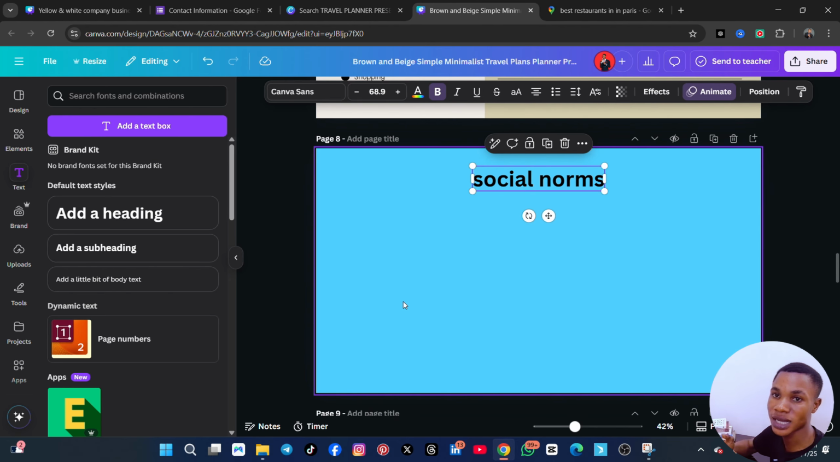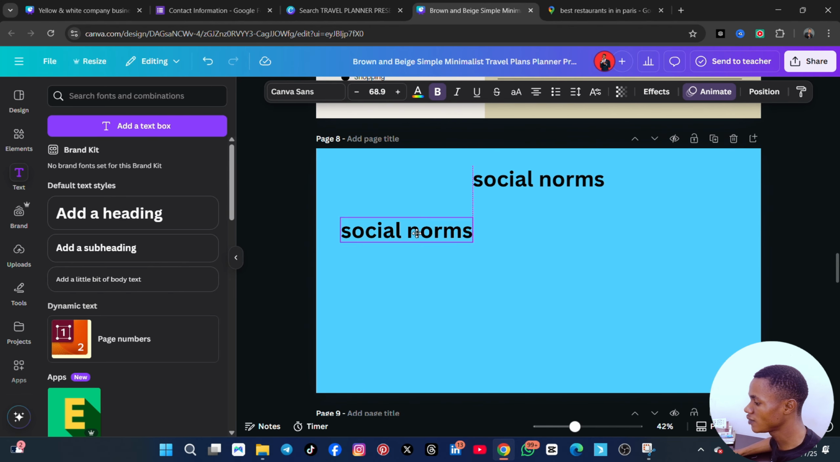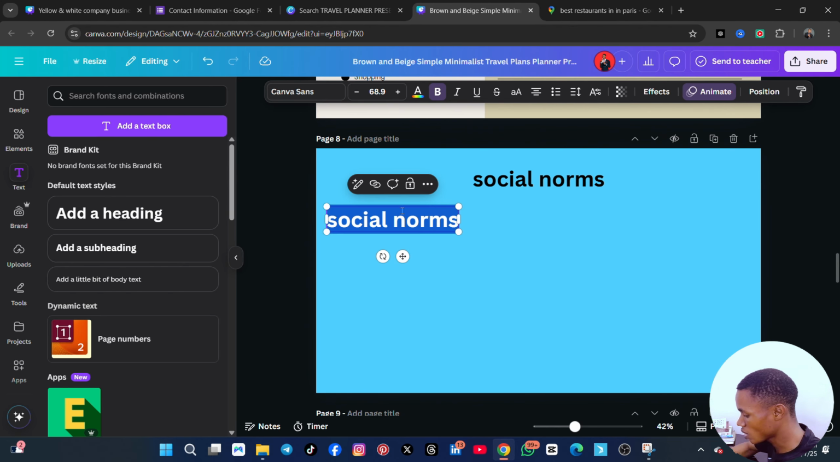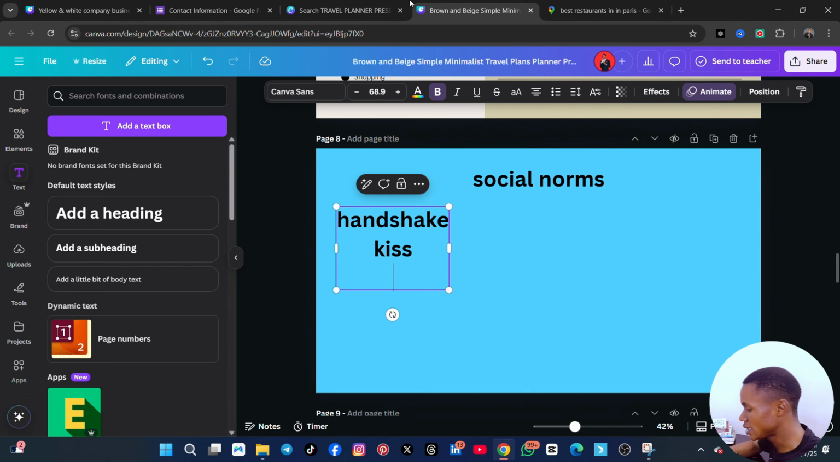So is handshake permitted there, or do you hug people, or how do you greet people, for example, for greetings and other social norms? So you can search on Google for the social norms in Paris, and you can then put them here. For example, if they do handshake, you can now put handshake, and then you can now put kiss if at all it is, and then you can of course do if they do hug,